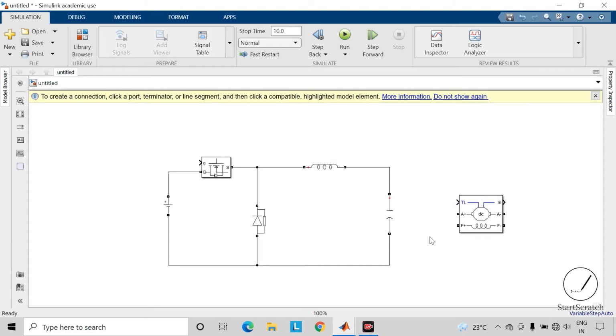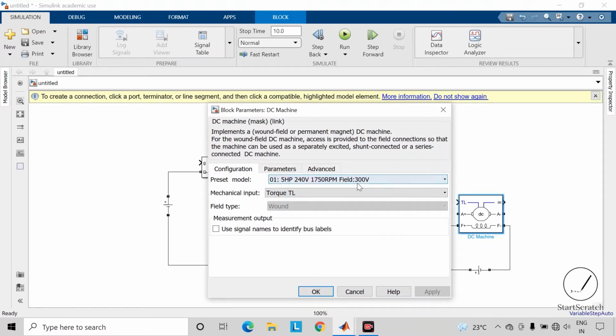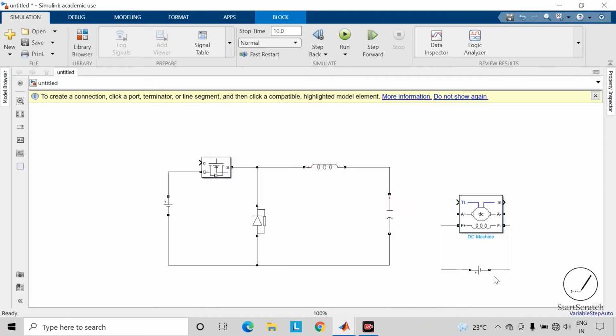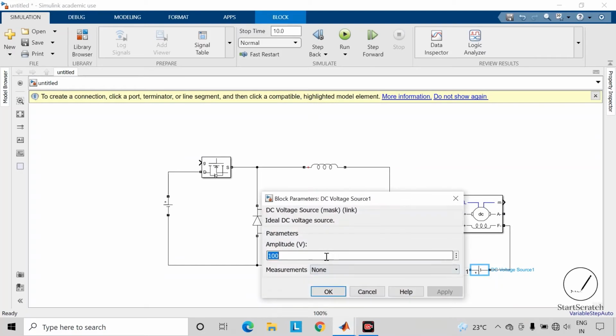Now copy this DC voltage source and connect it across these field terminals of this DC motor. So as the field supply required is of 300 volt, we will change the amplitude of this DC voltage source to 300.